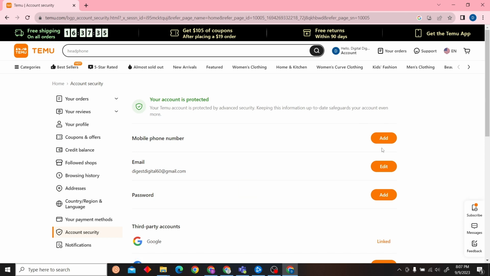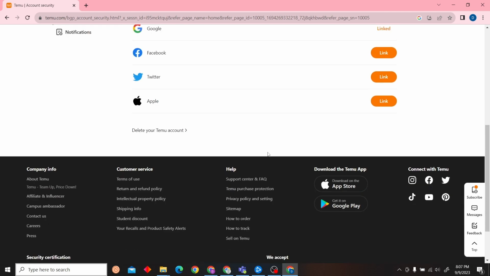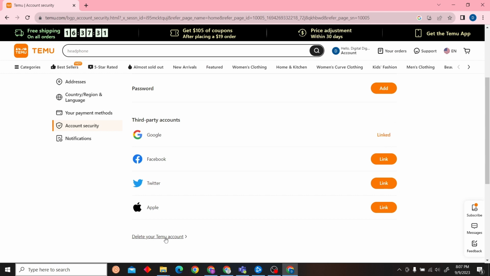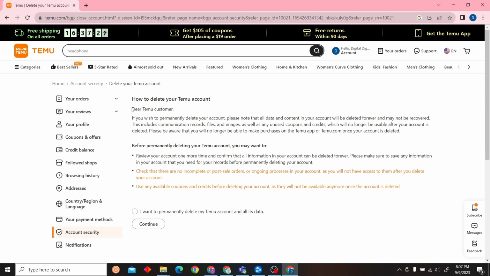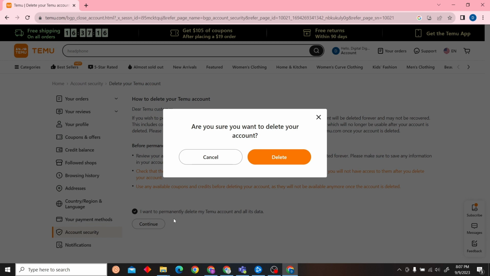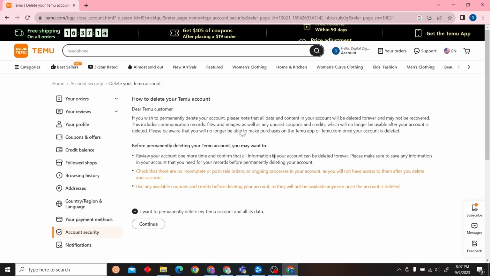Alright, so once you're on this page, all you have to do is scroll down until you see delete your Temu account. So click on this button, and here you can see the instructions for deleting your account. So just click here, I want to permanently delete my Temu account. Now just click continue, and then just click on delete,